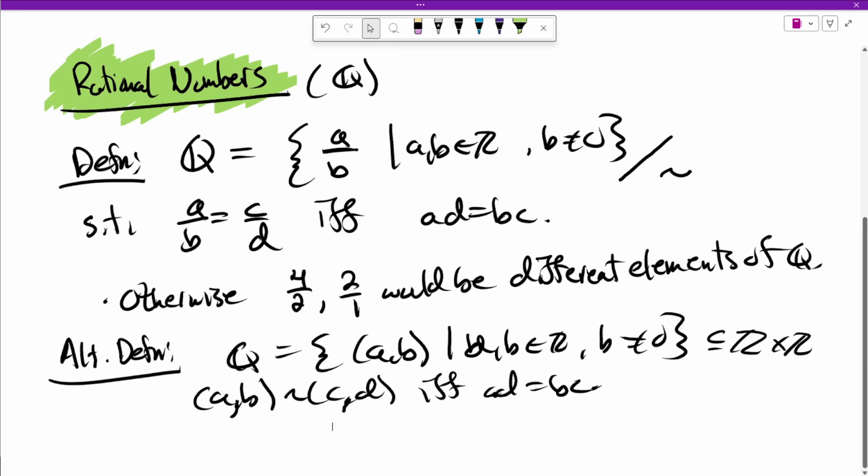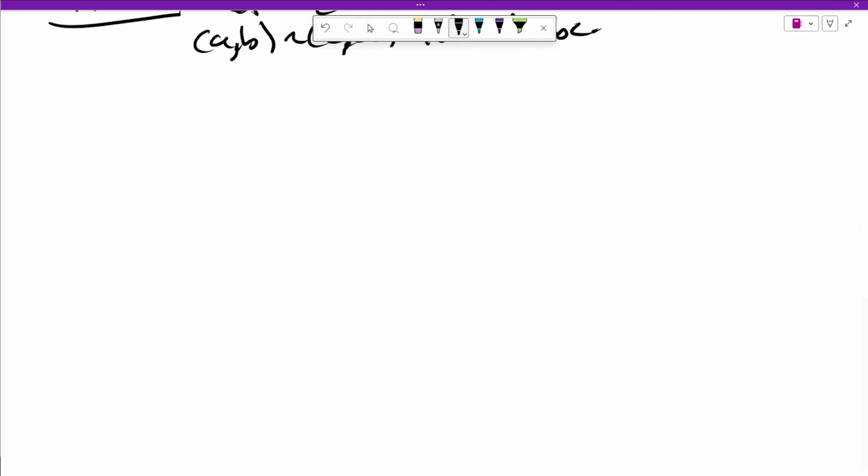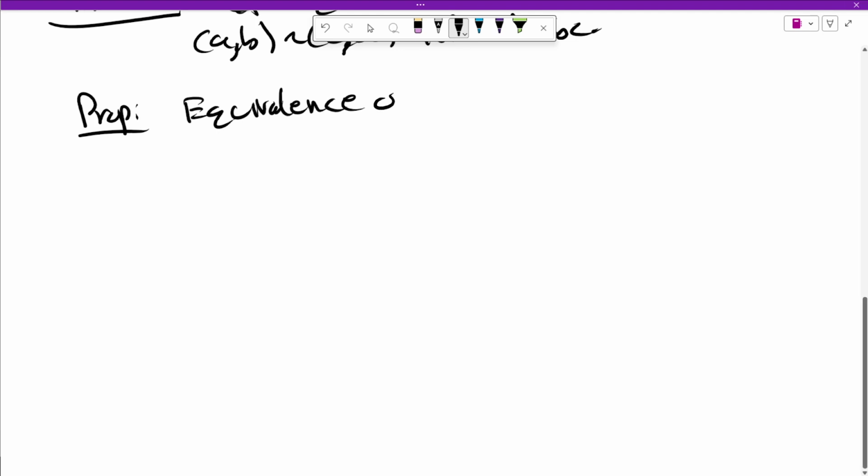Great. Now the problem here is we haven't actually proved that this tilde is an equivalence relation. So in order for us to, for example, use the transitive property on fraction expressions or use the symmetric property, we actually have to prove them, right? It's not obvious. Well, it might be obvious to some, but not to me at least. So, proposition, equivalence of fractions, we're going to use the first definition because that's what the book has,